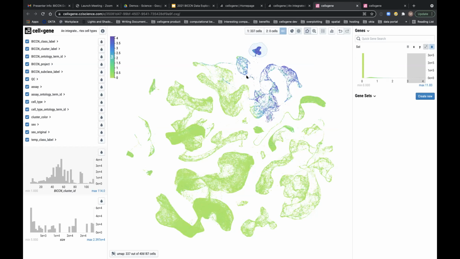I'll assign that to population 1. I'll do the same thing for this one right here and assign that to population 2. And let's see, I actually think I made the wrong selection. I'll select a little bit more and assign that to population 2. And let's go ahead and run a differential expression and see what pops up. It'll take a little bit because this is a rather large data set. I think it's in the neighborhood of 500,000 cells. And while that's computing, are there any questions before I go on?